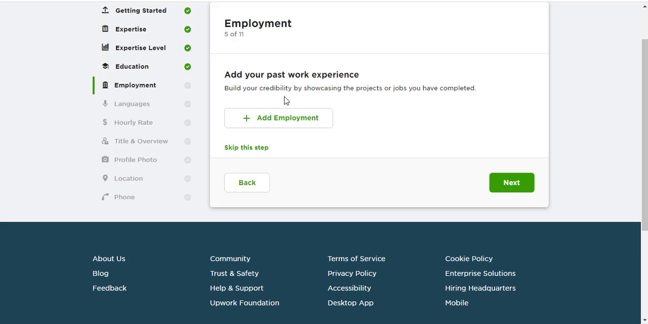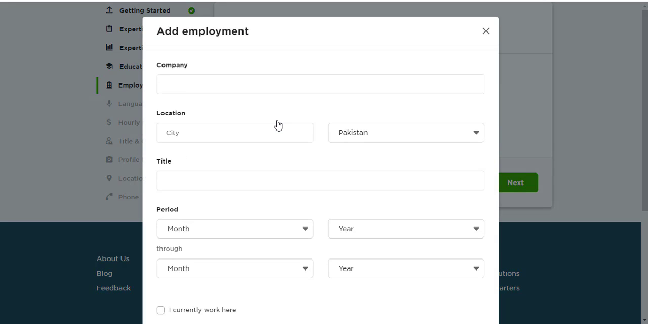Yes, this is the most important part, your past work experience. You must add your past work experience whether you have it or not. Even if you have gained enough skills for freelancing on Upwork, you must add your past work experience here. So I am going to add employment, and the company name is, let's say, XYZ company. Location, I will provide Islamabad, and title is